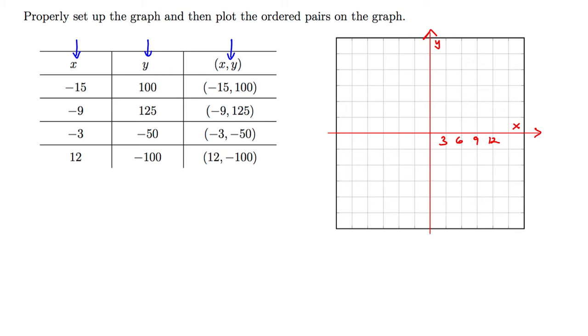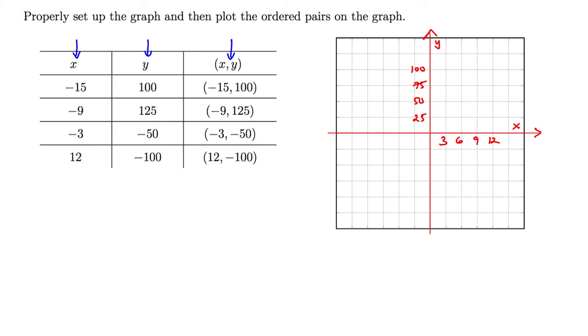Separately looking at the y-coordinates, 100, 125, -50, -100. Since every one of those y-coordinates is a multiple of 25, I would be inclined to use a scale of 25, 50, 75, 100. By using these scales, separate scales for the x and the y, but ones that relate nicely for the coordinates that we're going to be using, I will be able to accurately graph any point that I need to, and still fit everything in the graph.